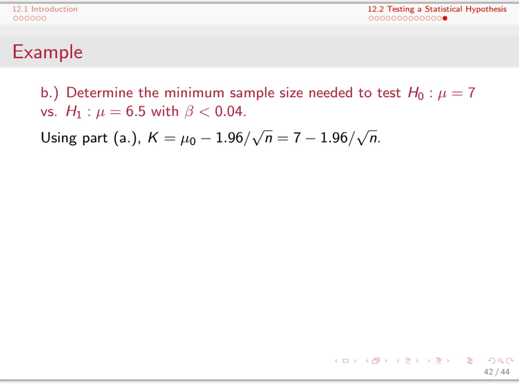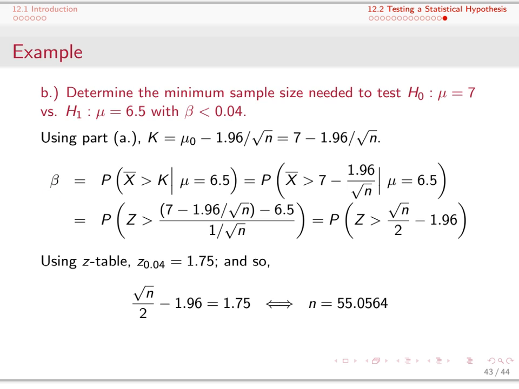We want to put all of this together. In particular, let's first think about what k is. Using part A, we can then say that if our null hypothesized value for mu is 7, k should then be 7 minus 1.96 over root n. And for a probability for a type 2 error, beta is the probability that x bar is not in the rejection region, so it's strictly greater than k, given that mu is given by the alternative hypothesis equal to 6.5. So we'll replace k here with the value that we've computed based upon part A, and then we will take this expression, the probability that x bar is greater than 7 minus 1.96 over root n, given that mu is 6.5,